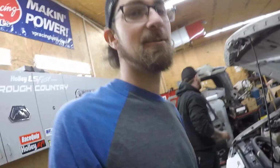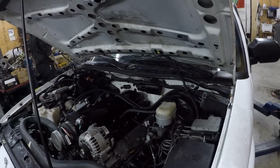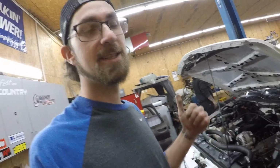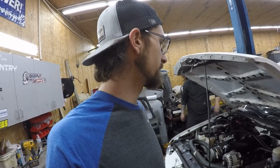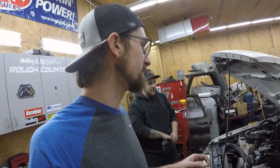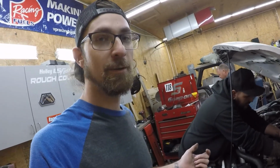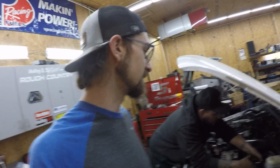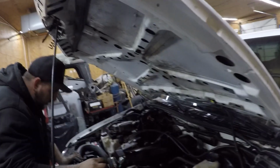But I have to say, guys, I wouldn't have been able to do this without Dylan. He's done a killer job on this thing, getting it sorted out. We run into some issues. Come to find out, this thing wasn't starting quite. It would just fire up, shut off, fire up, shut off. Dylan literally pinned out every plug on this thing, thinking it was the harness, and we just couldn't figure out what was going on. Ended up being that this thing didn't have a fuel regulator on it, so the fuel was just bypassing the injectors and going straight back to the tank. So Dylan put a fuel regulator in it, got the fuel flowing good,